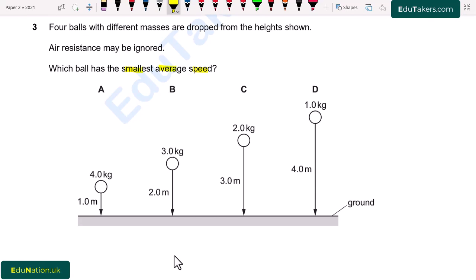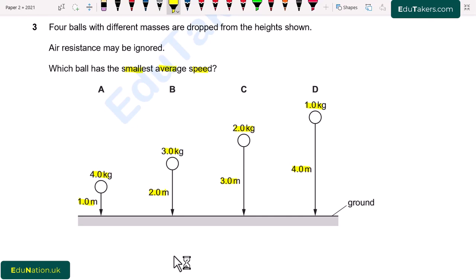Here is ball A, whose mass is 4.0 kg and its height is 1.0 meter. Ball B has mass 3.0 kg and its height is 2.0 meter. Ball C has mass 2.0 kg and its height is 3.0 meter. While ball D has mass 1.0 kg and its height is 4.0 meter. So first of all, we have to find out the average speed and tell which one of the balls has